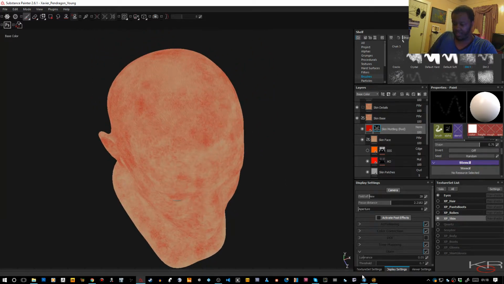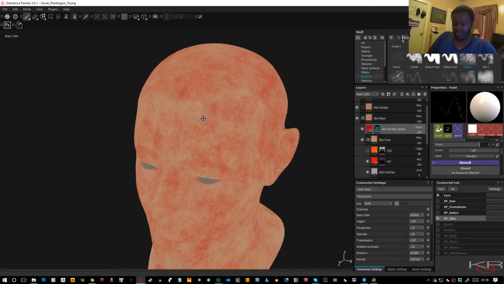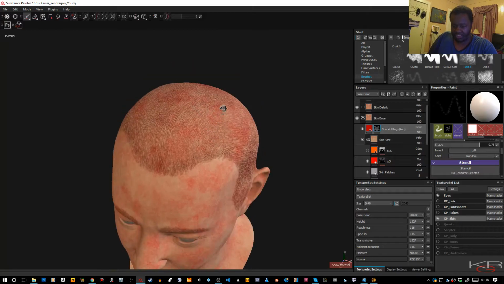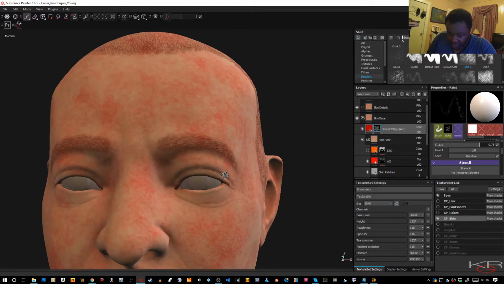You have also probably noticed my texture settings, that I have it turned down to 2K. The final texture will be 4K. And well, if I can get away with it, if I can do it at 4K, that's cool. If I go in close to check something, I think I'll be using a 2K texture in the final game character for